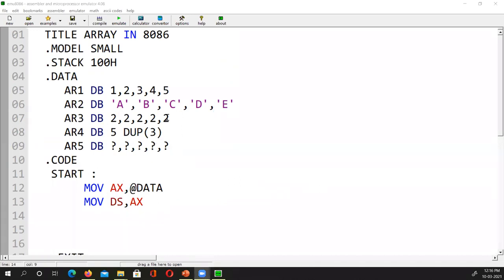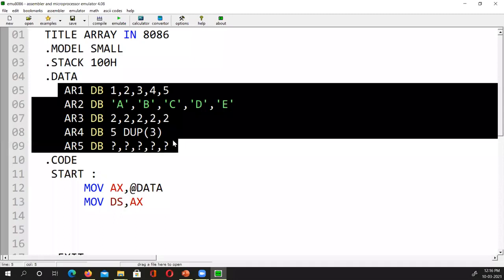This whole data is in my data segment, and I can access it only when the data segment register knows where the data segment is. Consider the data segment as a class, BCA, MCA first class, with data like Atera, Azan, Akib, Mushtaq, and so on, the students.